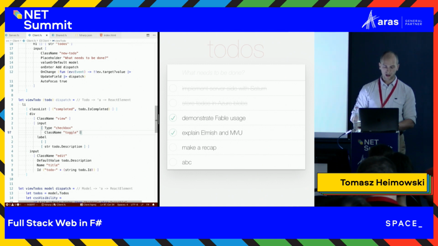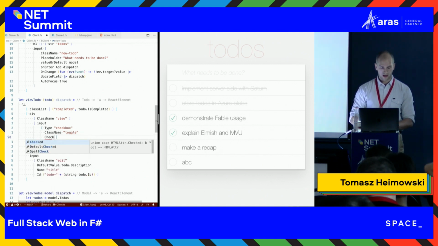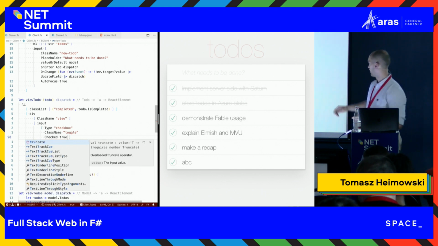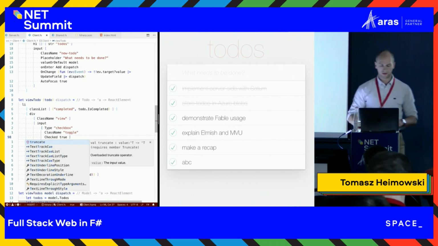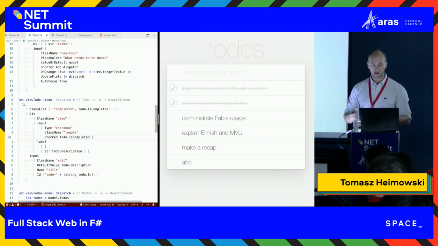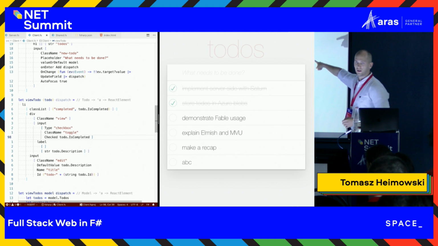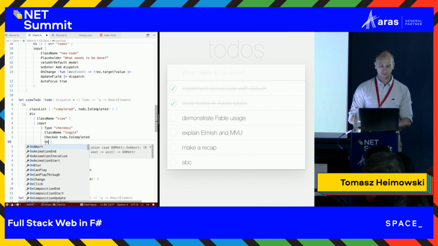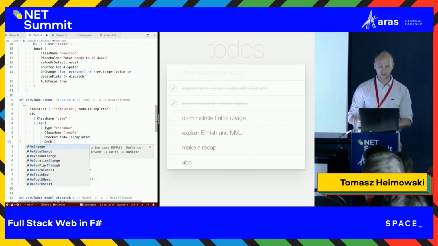So what I can do is bind to the checked property, which takes a boolean. And if I mark all as checked, as you can see, every checkbox has been marked right now, but that's obviously not what I want to do. Instead, I want to mark that based on the isCompleted field. So whenever a to-do is completed, only those two at the top that you cannot see are completed. And yet I want to add a handler to the onChange event,